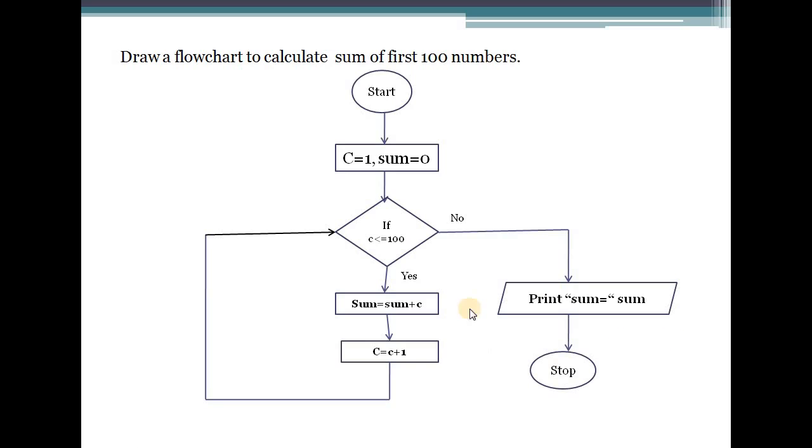So I hope you have understood this flowchart and all the flowcharts. Following these flowcharts, I am going to give you some assignments and you have to draw similar types of flowcharts and submit them. So the given examples, you can follow them and draw the assignment flowcharts.